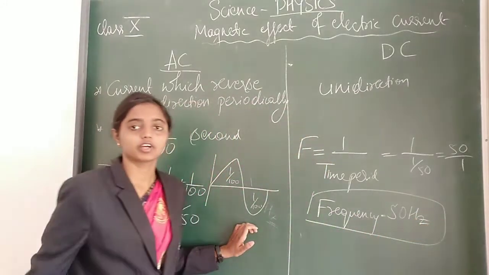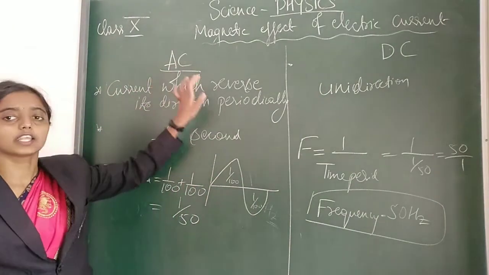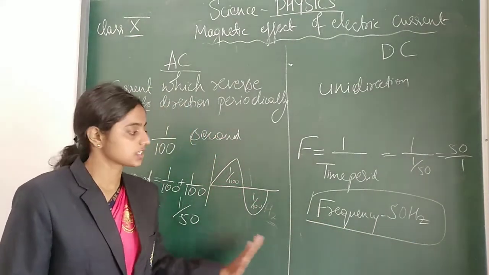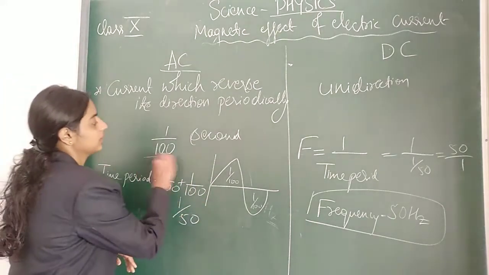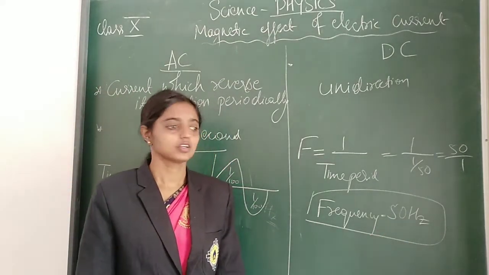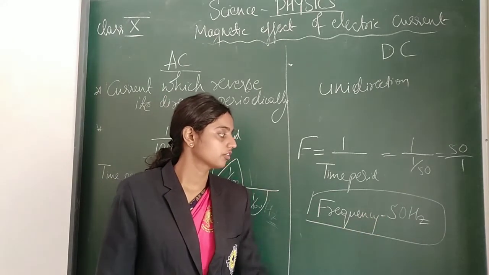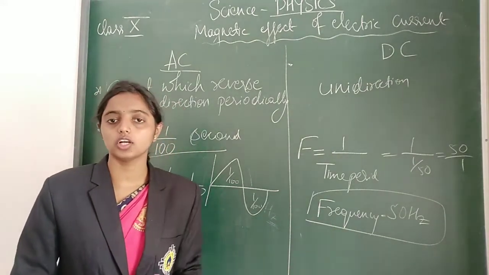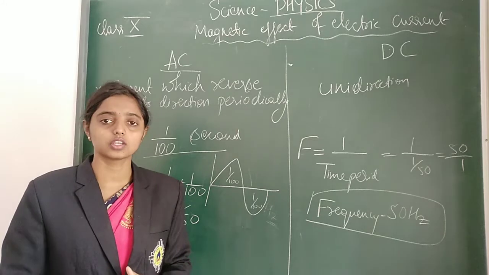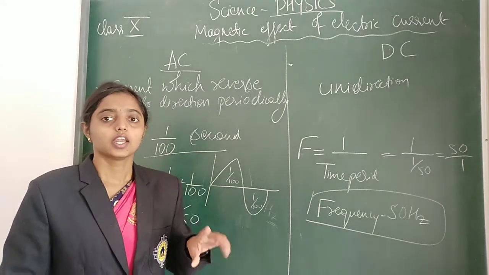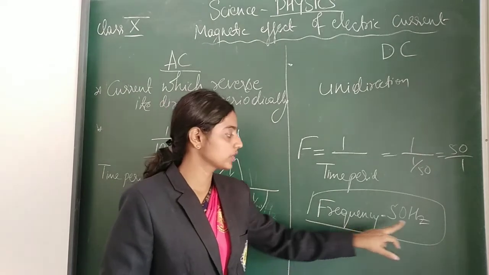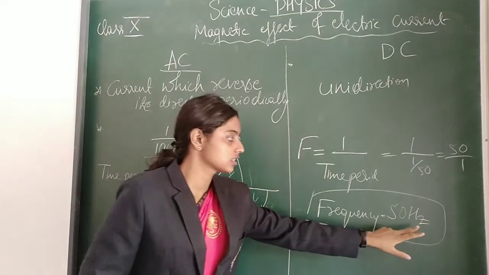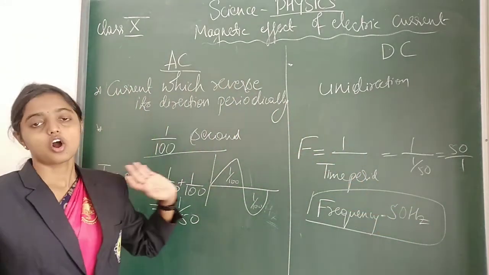So in our country, the frequency of alternating current is 50 hertz, in 1 second. This is just extra information, but remember this part, the frequency is 50 hertz. In each second we will see a frequency of 50 hertz. For example, if you want to check this, take any electrical device in your home, and in the background they give the description. If you observe, they give the frequency in hertz, which means we are using alternate current. So by looking at the frequency or hertz, we can recognize this is alternate current.